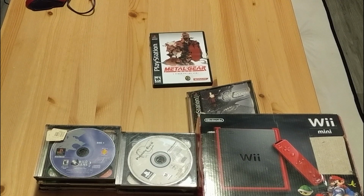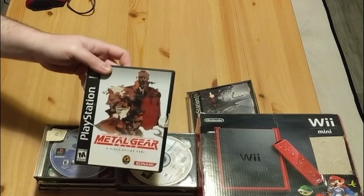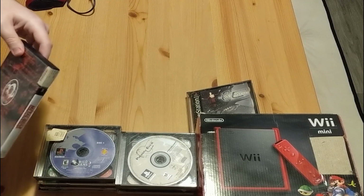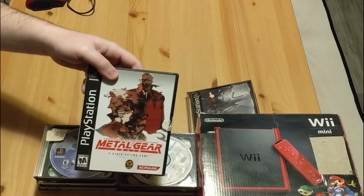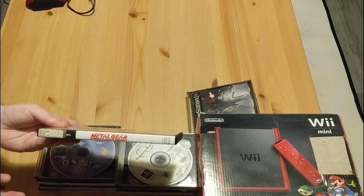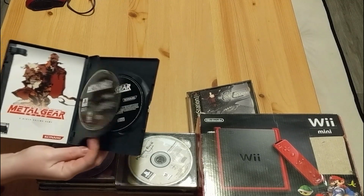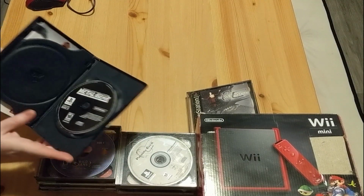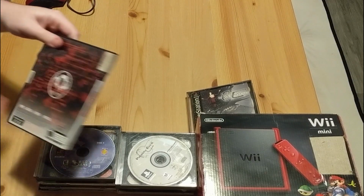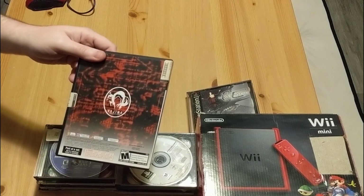The last one's actually kind of interesting because I saw it in the picture. I was like, oh, was there a long box of Metal Gear? And then I saw the front here and saw it was like a DVD case. So I was like, oh, it's just like a retail case, right? But when I saw that it has the manual and then like a long form manual and 2 discs in the back here, I realized, oh, this is the Metal Gear Solid that comes with the Essential Collection,